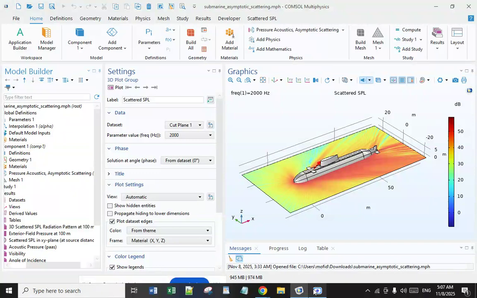Second, when compared to the reference model, the model successfully captures identical directivity patterns for the scattered sound pressure level, or SPL, radiation pattern at 1,100 meters, suggesting its capacity to properly reflect the scatter SPL pattern. Furthermore, the model produces a consistent finding in the horizontal directivity of the X and Y plane, demonstrating good agreement